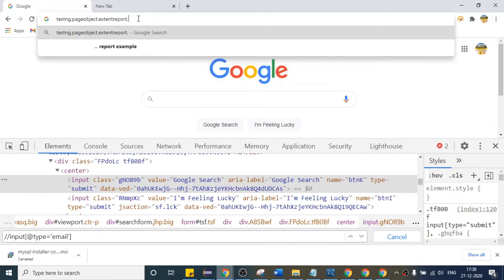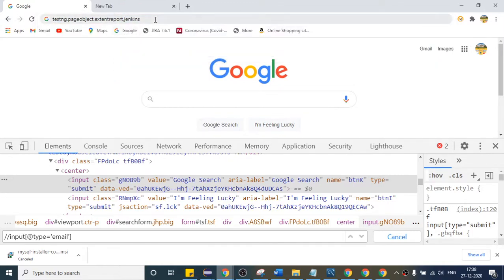And Jenkins. These are the major topics which are left. Excel we have also done. So I think these are the major topics which are left.